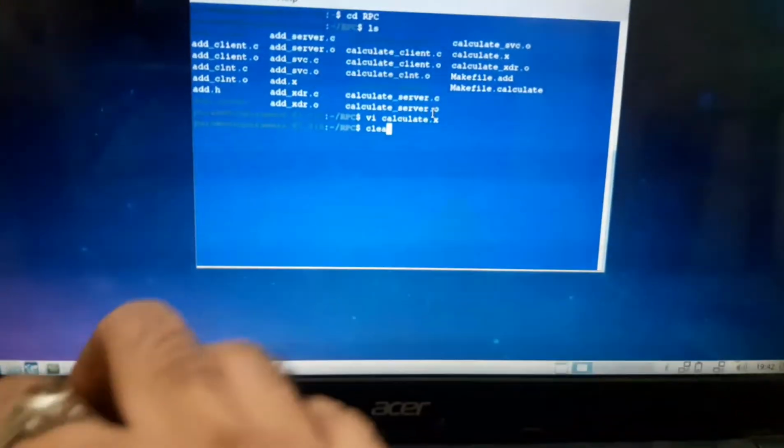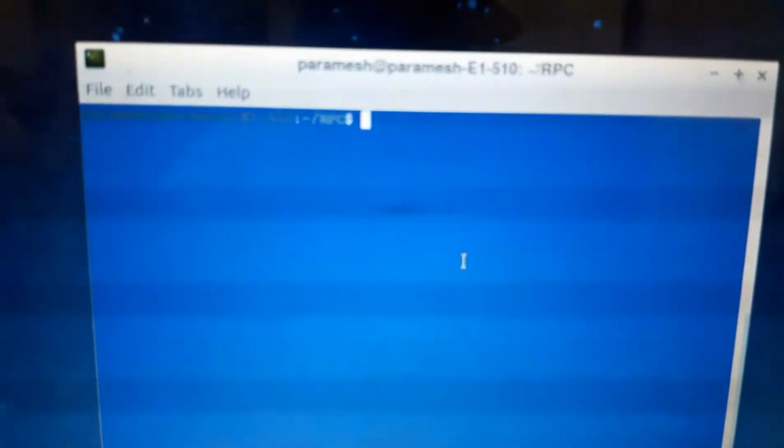Now we enter into step 2 where we have to develop the client program. First clear this. We have to enter into the file known as calculate_client.c.